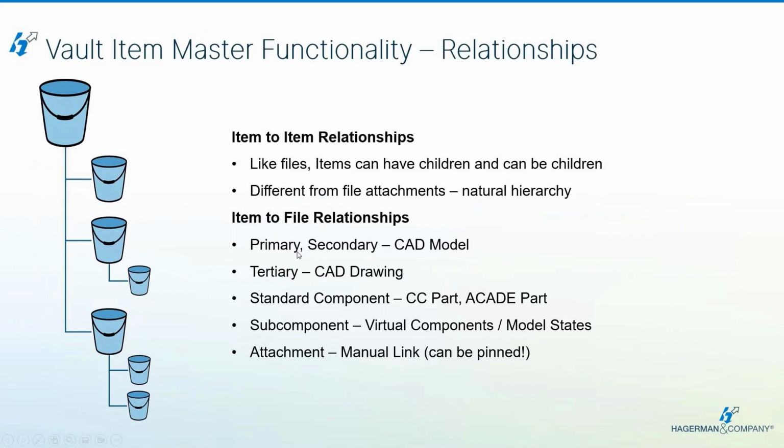We have a primary link that would typically link to the CAD model and a specific link type for drawings. But then when it comes to things like standard components or virtual components or model states, which we'll get into in a little bit,